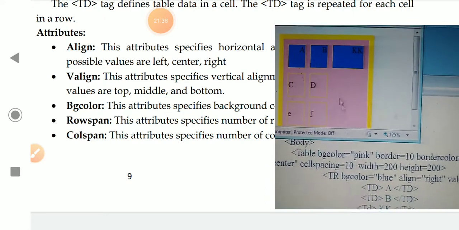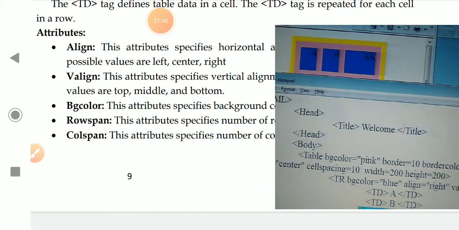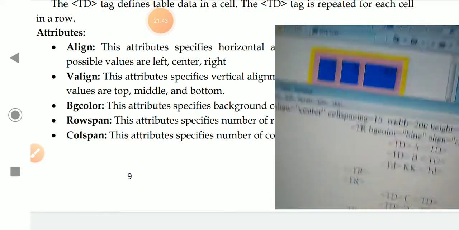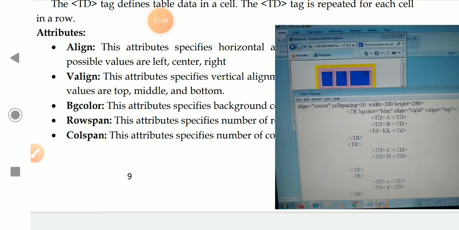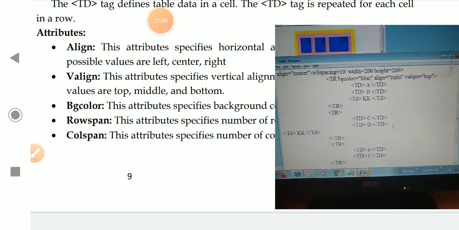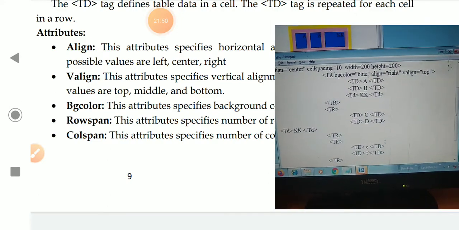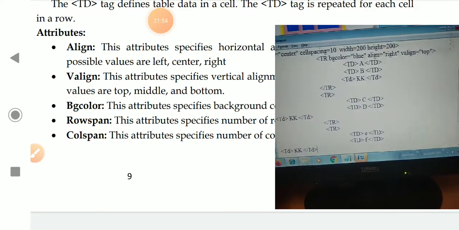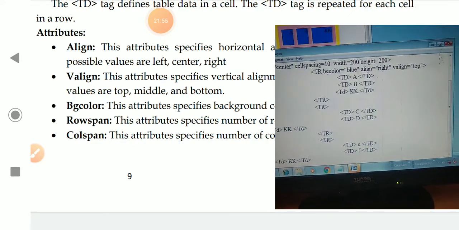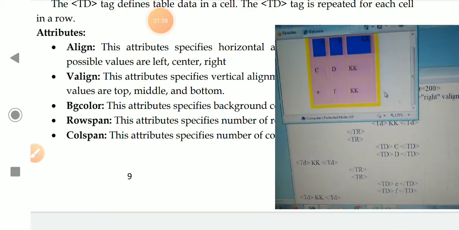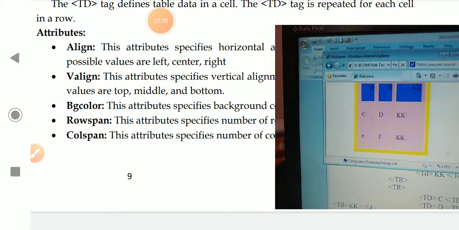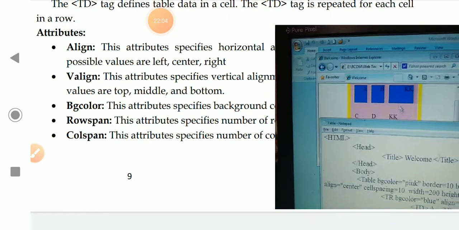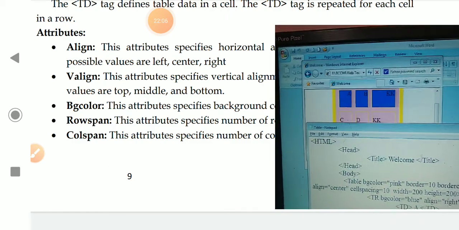For example, let's see, I'm modifying the program to display 3 columns in 3 rows. So this is a table. Next, we want to show what the rowspan does. So for example, I remove a td here.